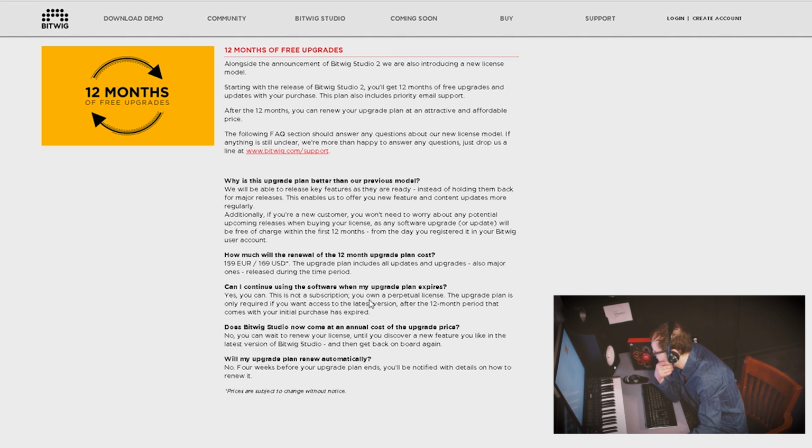Can I continue using the software? Yes. Does Bitwig Studio now come at an annual cost of the upgrade price? No, you can wait to renew your license until you discover a new feature you like in the latest version of Bitwig Studio, and then get back on board again. Will my upgrade plan renew automatically? No. Four weeks before the upgrade plan ends, you'll be notified via email. Okay, so